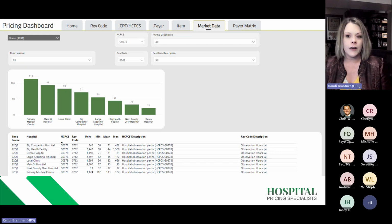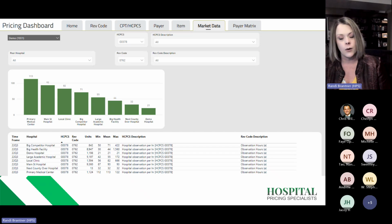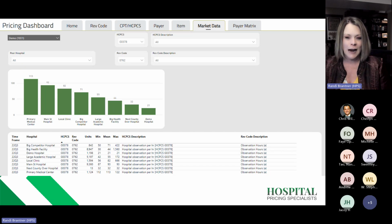So as I said earlier, the Medicare claims data is what we rely on for our pricing data. This is a sample of what that data looks like for an observation hourly charge in that data. We're looking at G0378 and revenue code 762. This data allows the user to determine the reasonableness of their charges compared to its peers using HCPCS and revenue